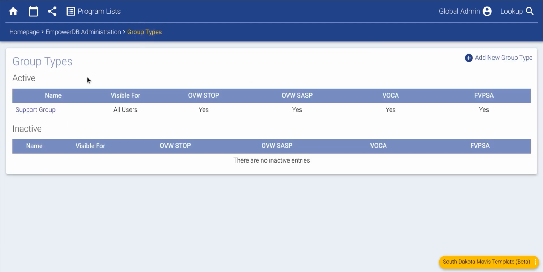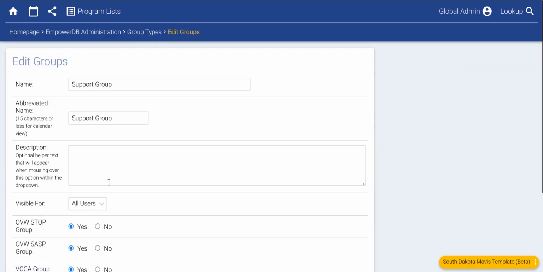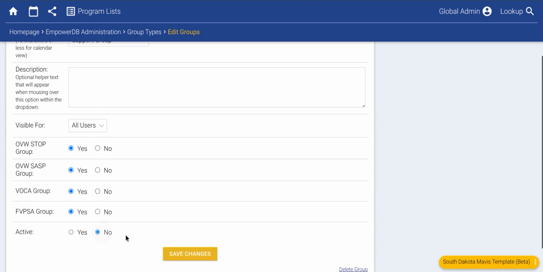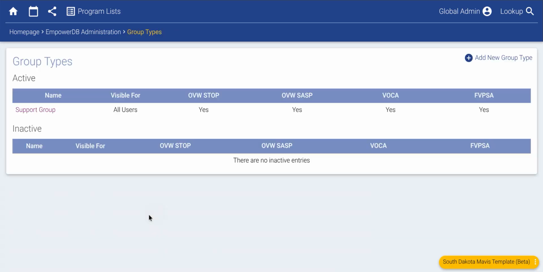Okay, and if you do choose to fill in this list of group types with your own lists, you can take this generic one and, just like we've done before, make it not active anymore so that you still have all the old data identified as that generic thing, but no future data will be added as this. Okay,